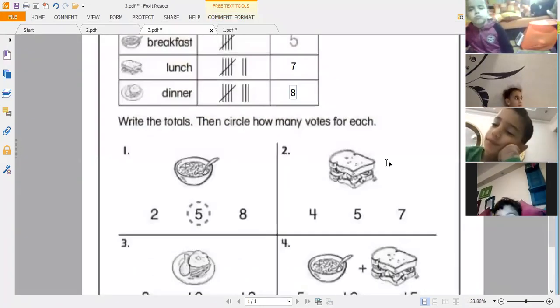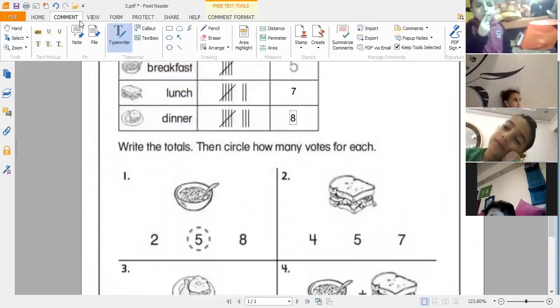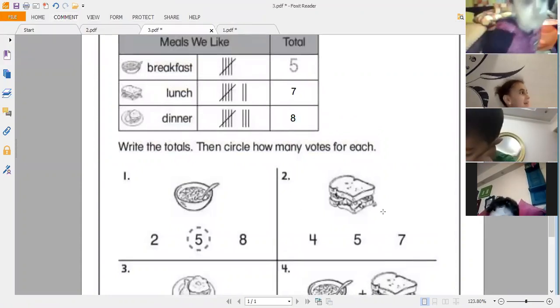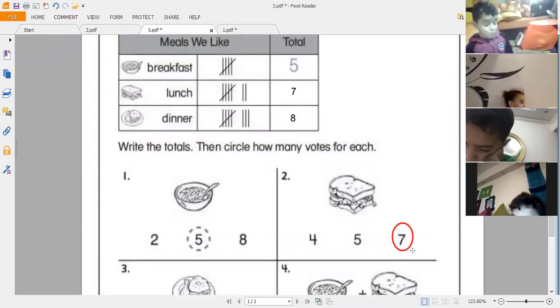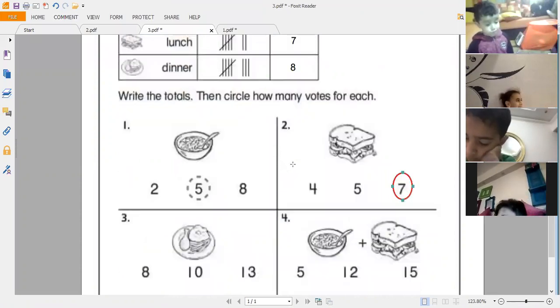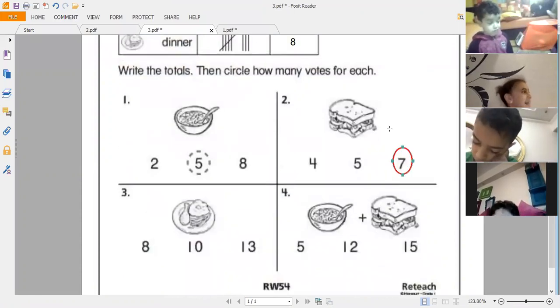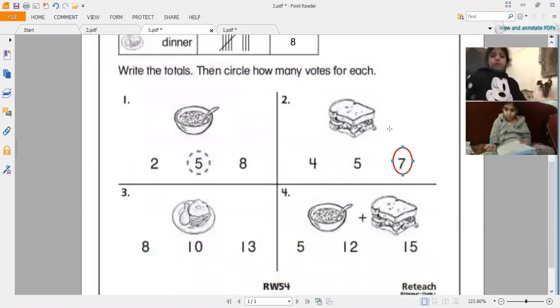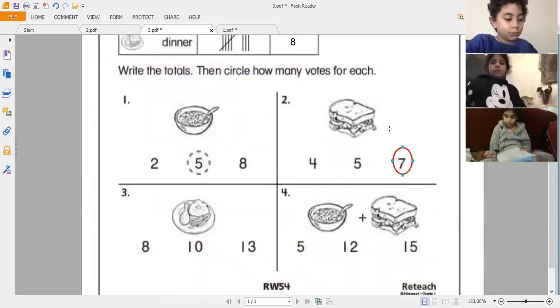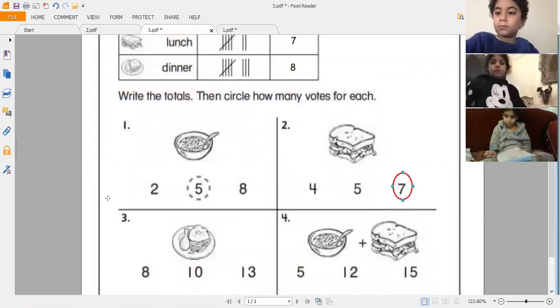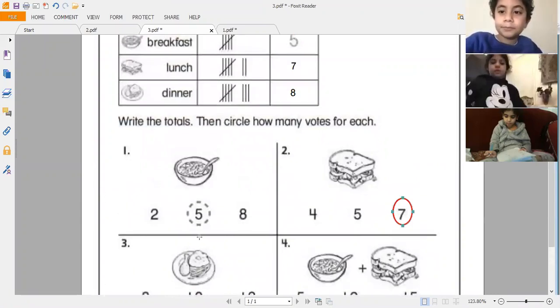So how many children voted for lunch? 7. So we will circle 7. Do you understand this question now? Okay. Omar, dinner is 8. This picture is for which meal? Breakfast,